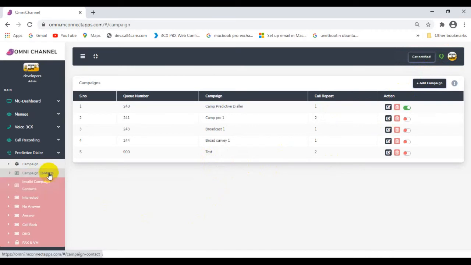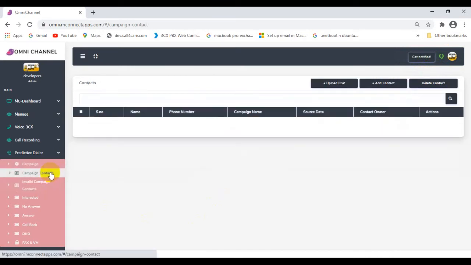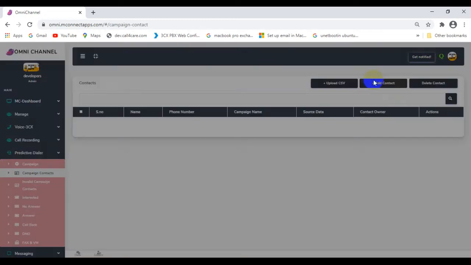Now I'll show you how to add campaign contacts. For that I'm clicking on campaign contacts, again clicking on add contact.